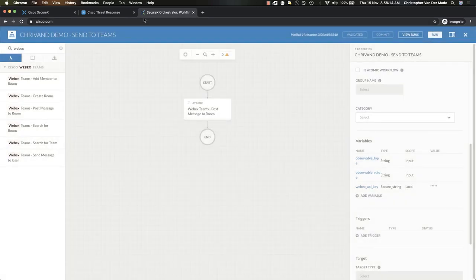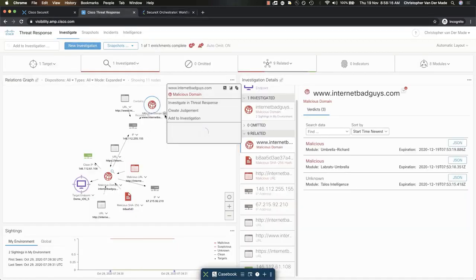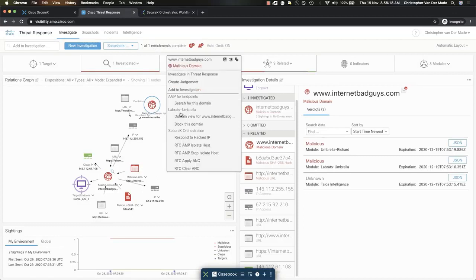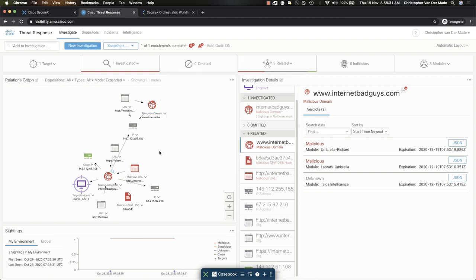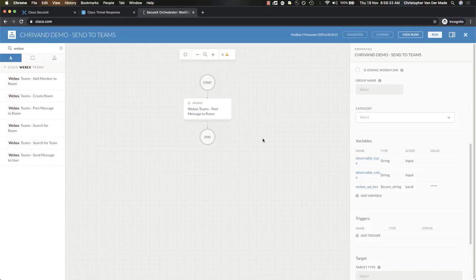And last but not least, as you can see, it still doesn't populate here. Now what happens is that when I click this drop-down button, the response API from threat response is live queried, and it will show you all the possible response actions for that observable. Now in order to have your